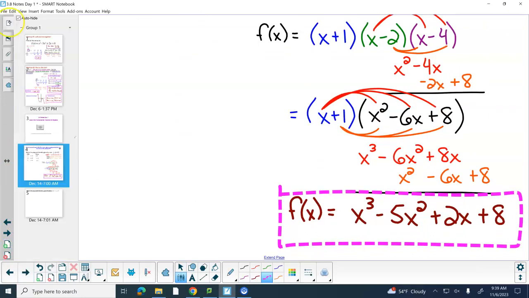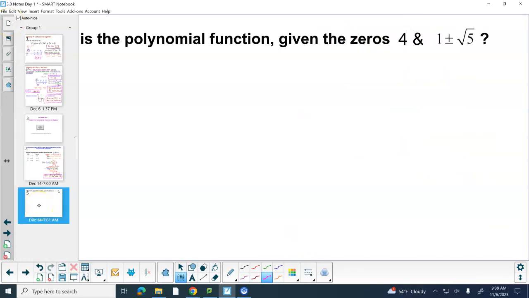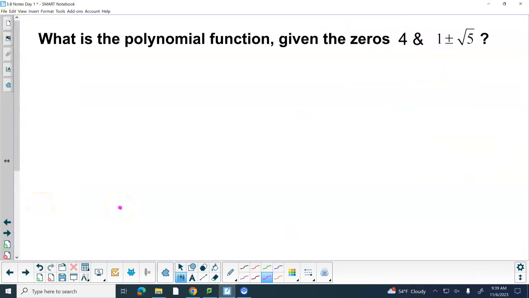All right, I think we got one more. Oh yeah, look at that one. What are we going to do with this one now? Exact same thing. It just gets a little more complicated. So again, if you need to write out your zeros and your factors,